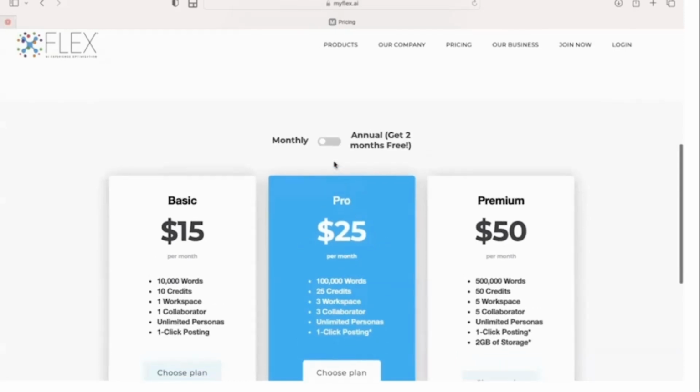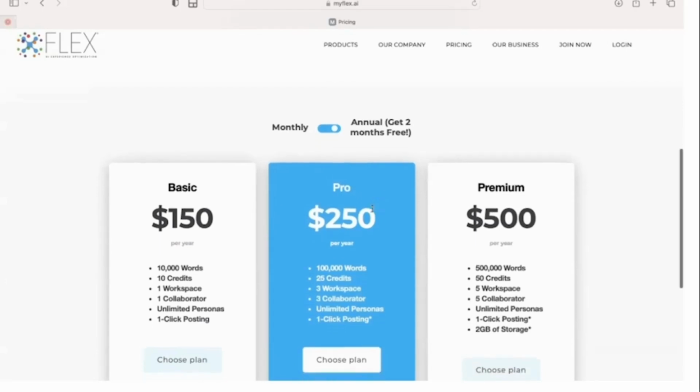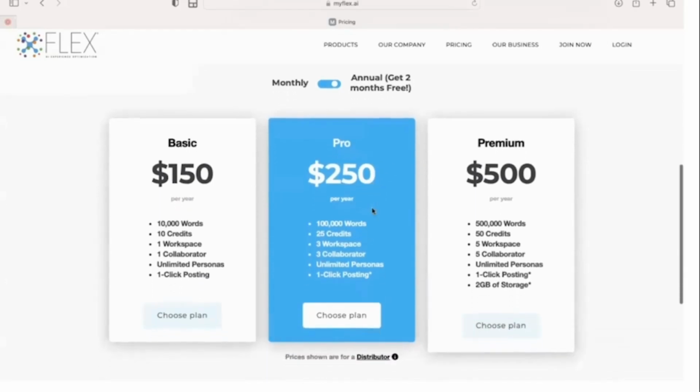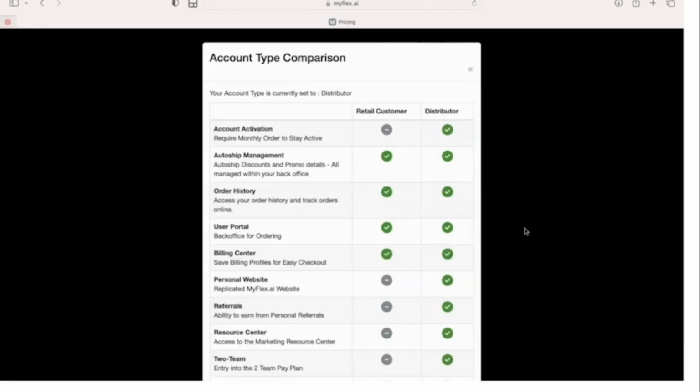And this is distributor pricing. This is monthly. You can toggle here and see that this is an annual option, and you can save 2 months free when you go on the annual plan. And here's where you can click and see the difference between a retail customer or a distributor. And on the certification, you will be asked to identify at least one difference between the customer and the distributor. So if you want to take a screenshot of that or make a note,